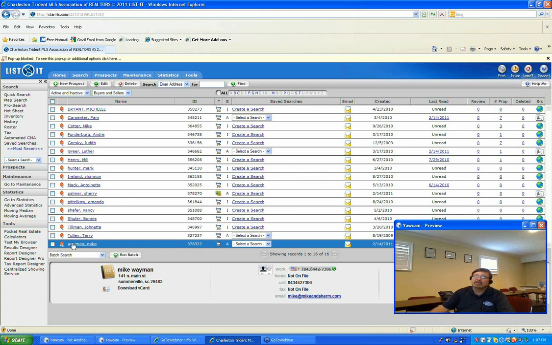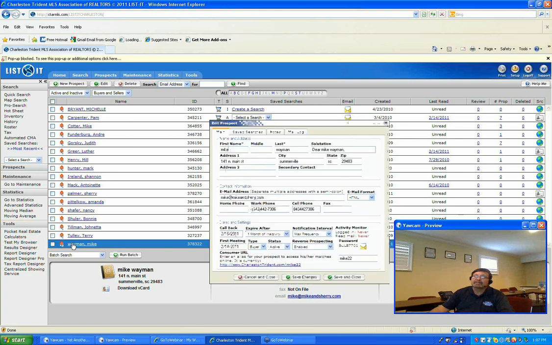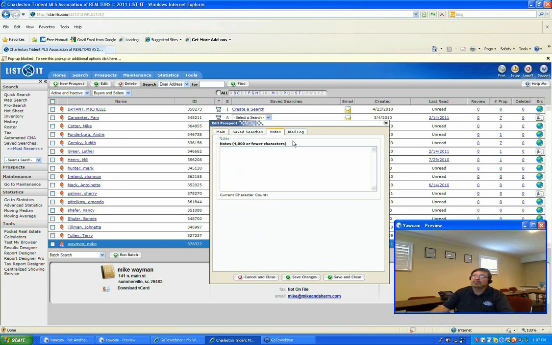I'm going to reopen it. Now, the next section for the database is under Notes. Saved Searches is for prospecting, setting them up for showings, or excuse me, sending emails and everything to them about properties. The Notes is where you can come in and create contact information, like today,